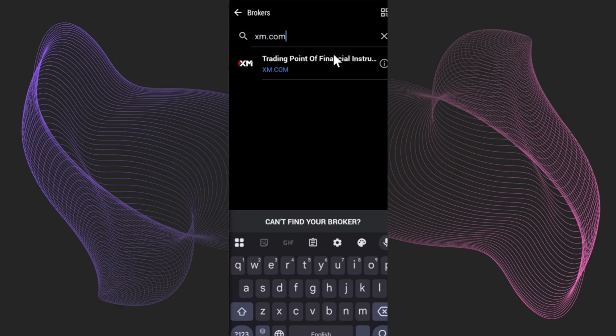Now you need to fill all of your information about your xm.com account. You need to just fill in your password, email, and the server ID that you got from the account information section on XM. So that's it. That's actually how you